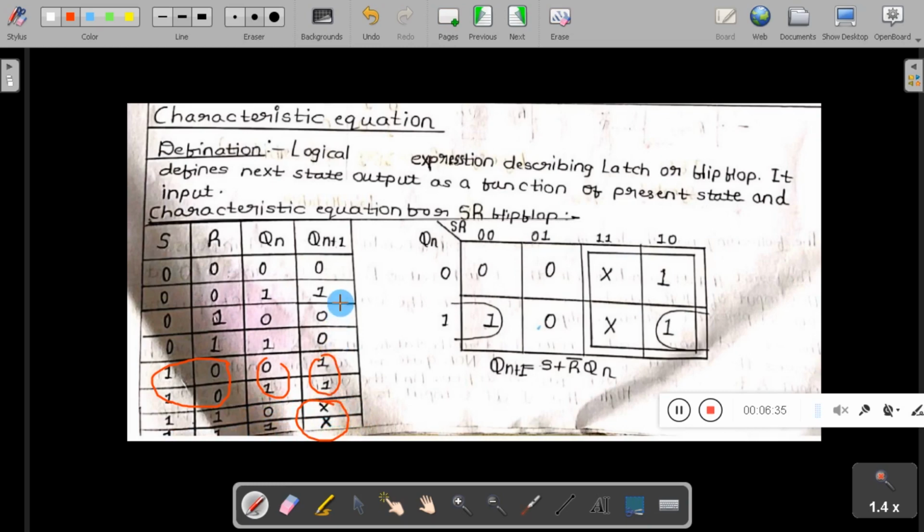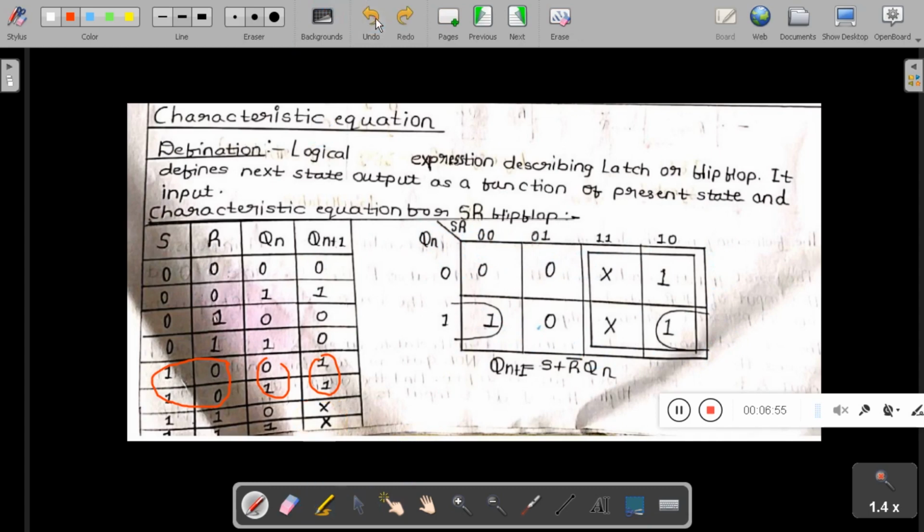So now you have to represent this in a K-map. I will not go into detail here, because I have already explained the K-map concept and solved many problems related to K-map in our K-map videos, so please refer to that video. You have to take a 3 variable K-map, which contains 8 cells.